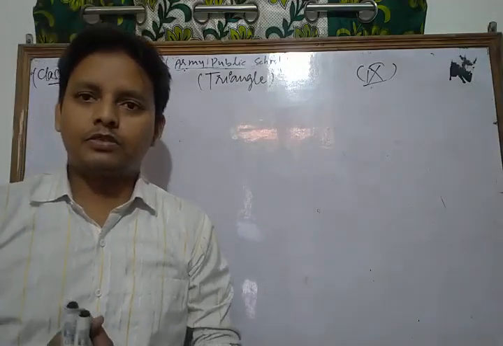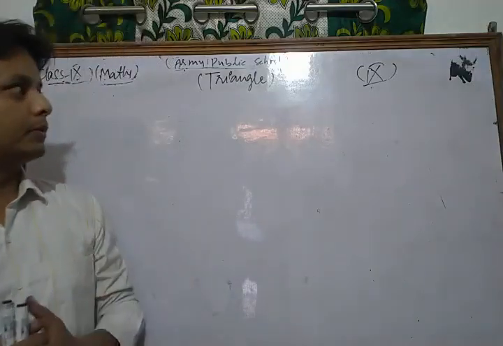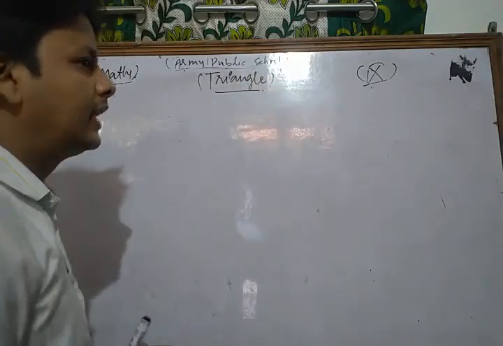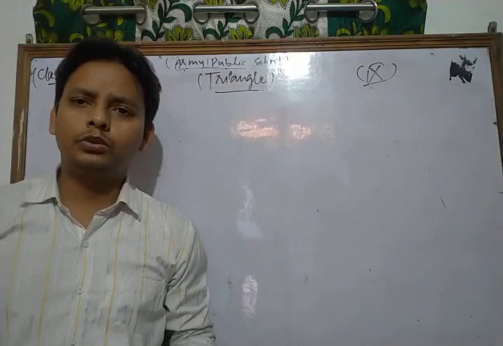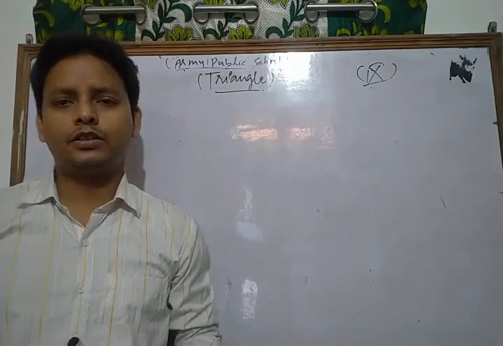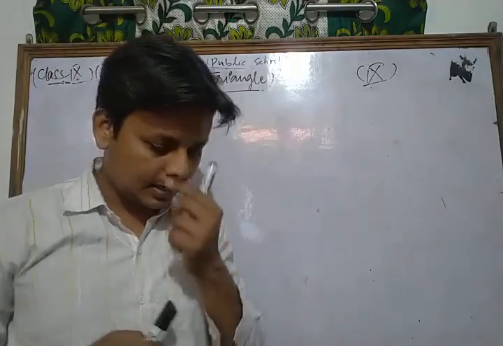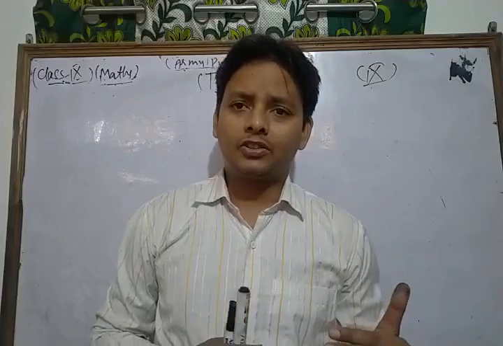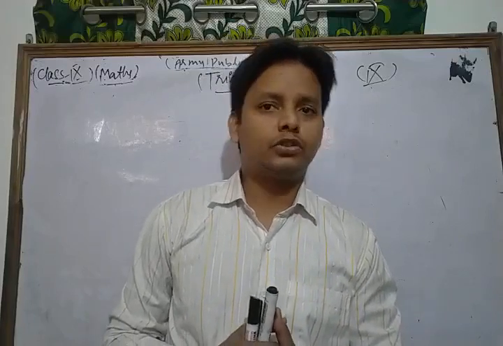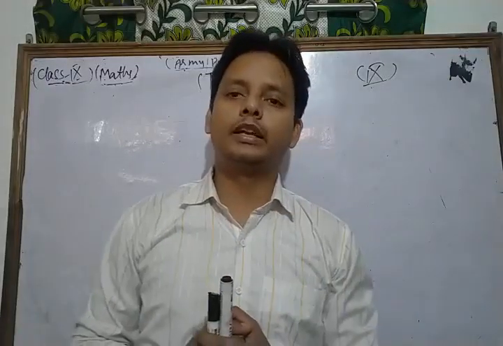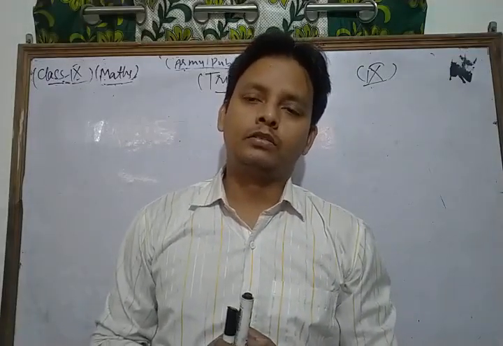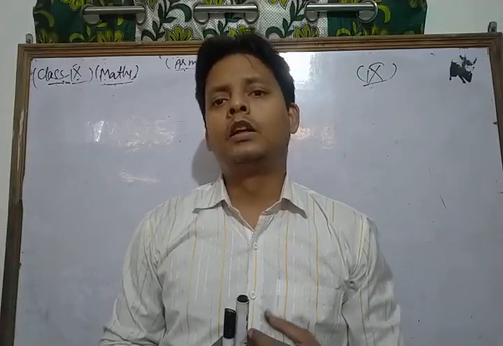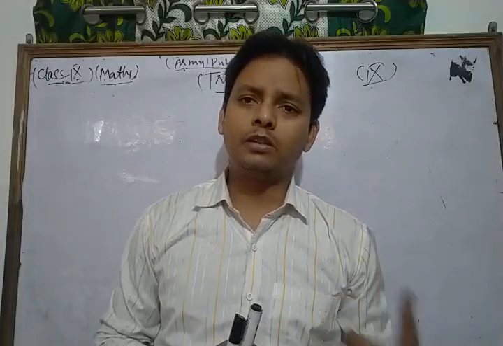Dear students, in the previous class we started a very important chapter of your syllabus, which is triangles. In this chapter we are discussing the properties of angles. In the previous class we already discussed the angle sum property of the triangle and proved the theorem, that is, we showed that the sum of all angles of a triangle is 180 degrees. We also discussed some important types of triangles, the vertices, angles, and all the properties of the triangle.